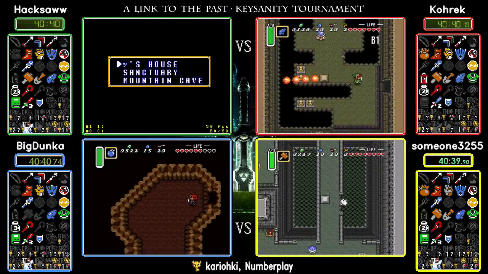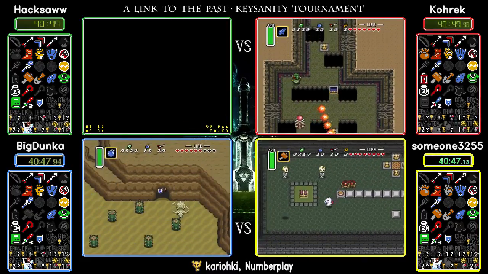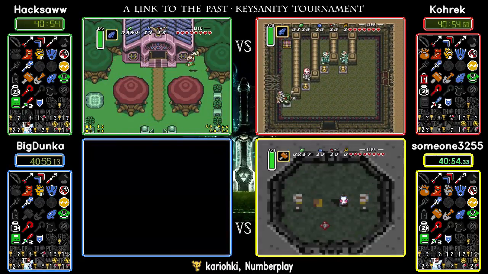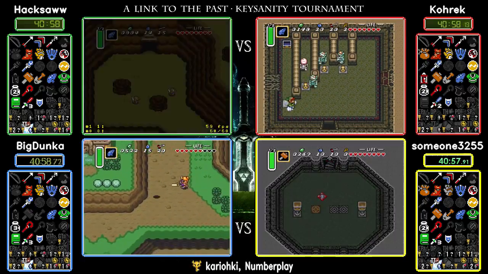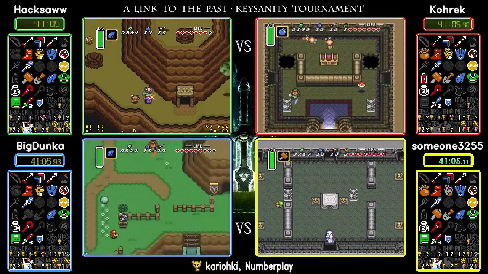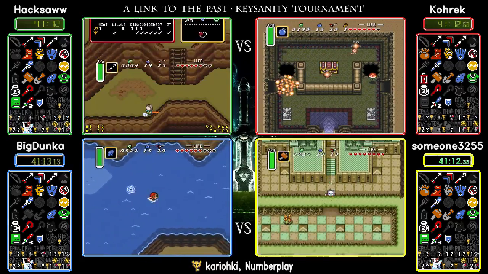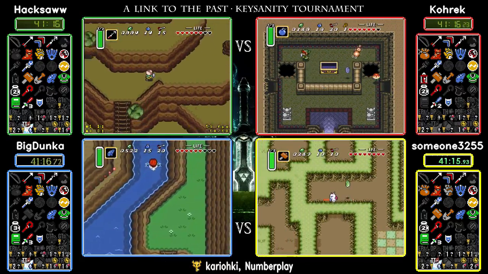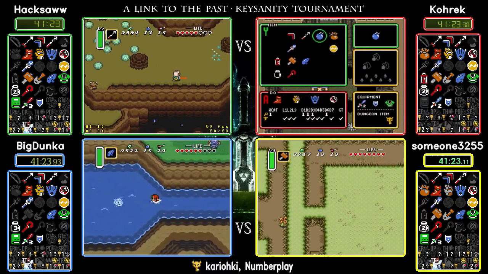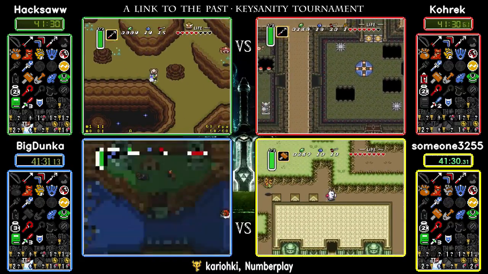Doesn't look like Palace of Darkness has anything useful. One more chest, we'll get to find out. Yep, that key was useless. Oh, and look at that, BigDunka is doing the Zora play now. And Hacksaww getting squirrel blocked there. So what is gonna be the play here? Hera? Desert? What else can they do? Yeah, what dungeon to pop into to get that